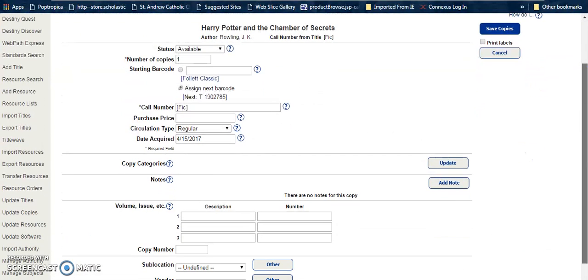Once you get to that next page, you can change the status of the material, the number of copies that you have of that item. You can add a specific barcode, or you can just let Destiny assign the next available barcode that it recognizes in the system. You can change the call number based on how you have your call numbers in your particular media center. You can enter a purchase price in case the book gets lost, what type of circulation this